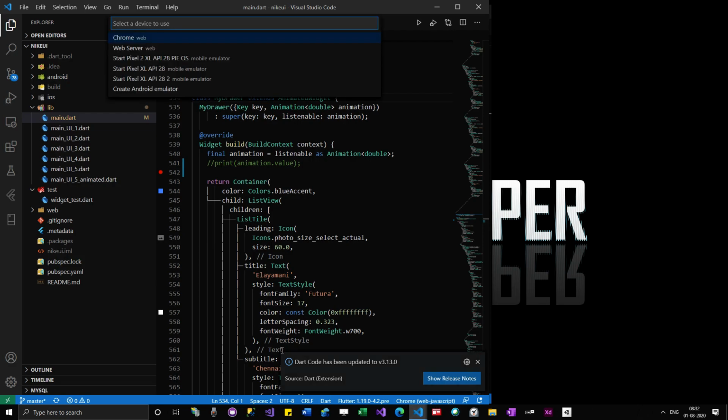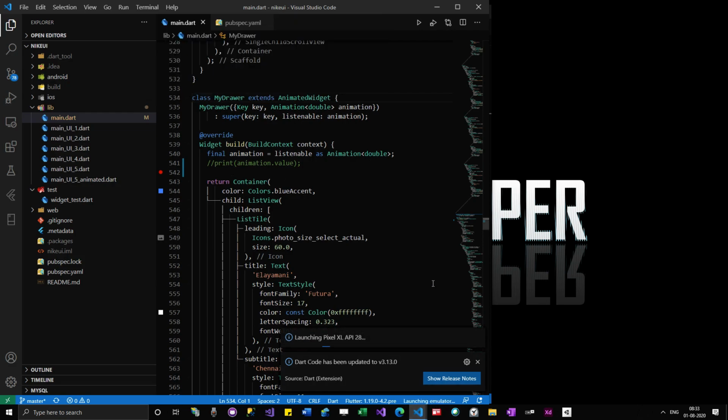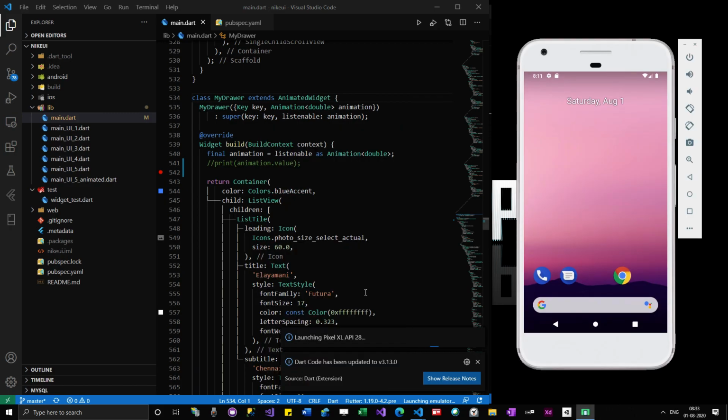The next one is using a print statement to debug your apps. Using a print statement is the starting point of debugging your apps using code, and then you can expand it to many levels.